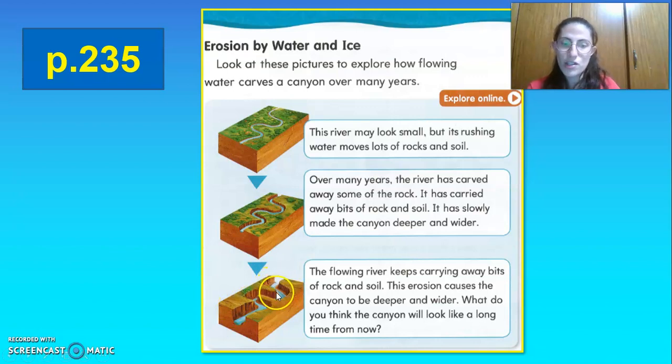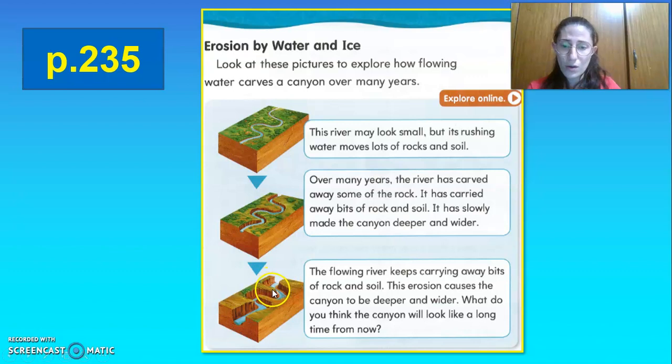It would be much wider and deeper. Excellent, very proud of you. And we might not have these two parts of land in the middle, right? Why? Because over many years, year after year, the water keeps on carrying,